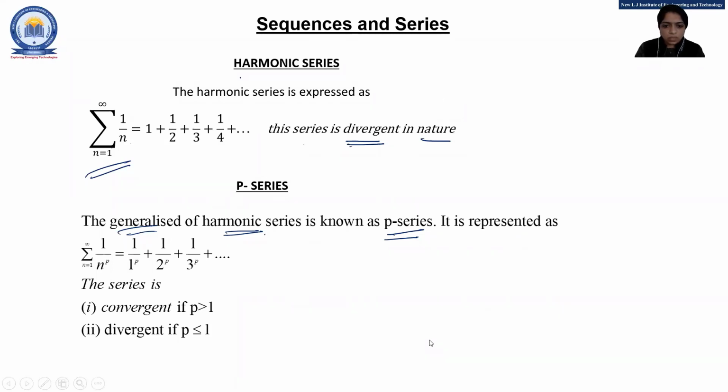Kushal has a doubt: is it the inverse of arithmetic progression? It is a totally different concept. Arithmetic progression is a sequence, and this one is the series form. So please don't correlate these two.